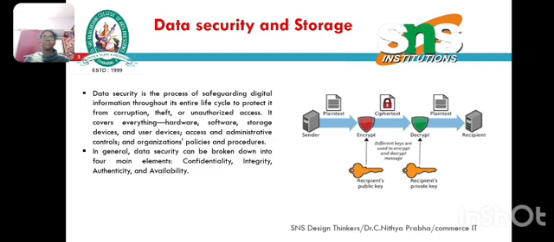and retention policies. Examples of data security and storage technologies and practices: encryption, transforming data into an unreadable format, that is ciphertext, to protect it during storage and transmission. Data masking, replacing sensitive data with dummy values to prevent unauthorized disclosure while still allowing for data analysis. Firewalls, network security devices that control access to storage systems and networks. Intrusion detection and prevention systems, tools that monitor network traffic and storage systems for suspicious activity.